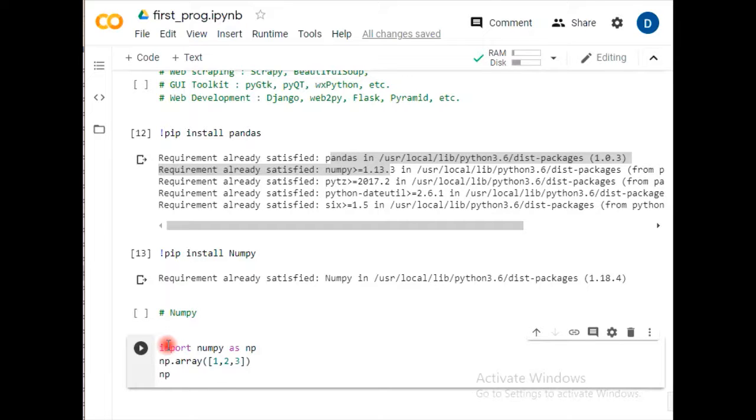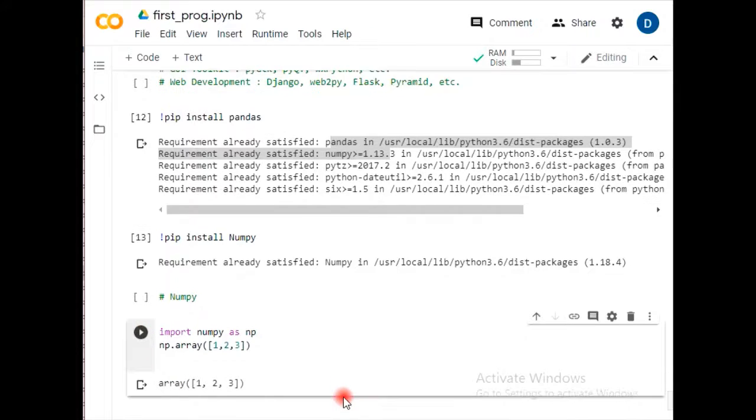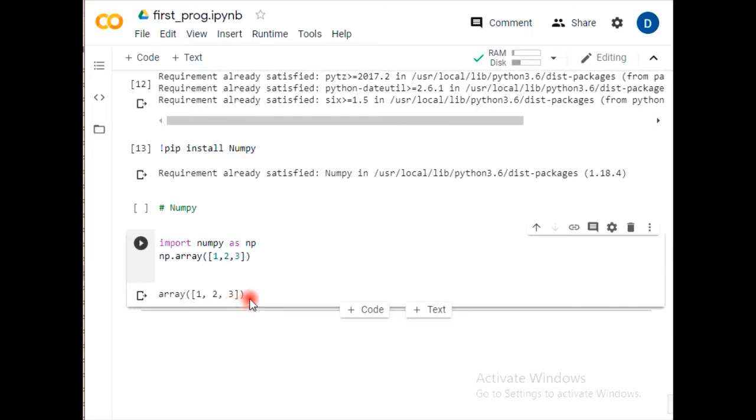We have another thing. Meanwhile, let's retry it. So let's check. This np.array is facilitating us to create a one-dimensional array. Let's see it. So this is an array of 1, 2, 3, exactly as presented over here.